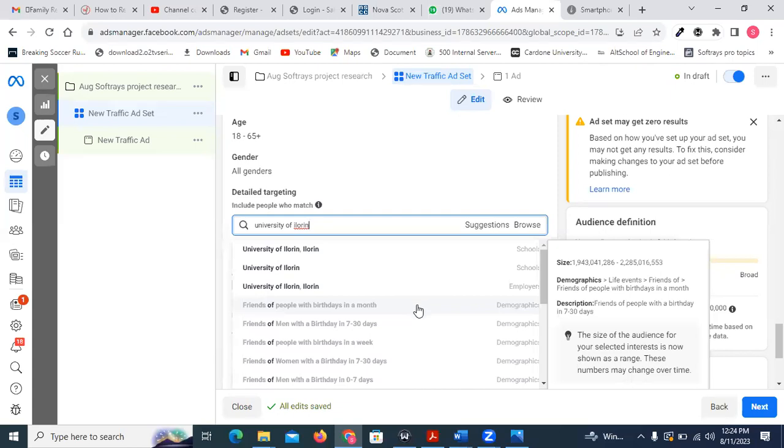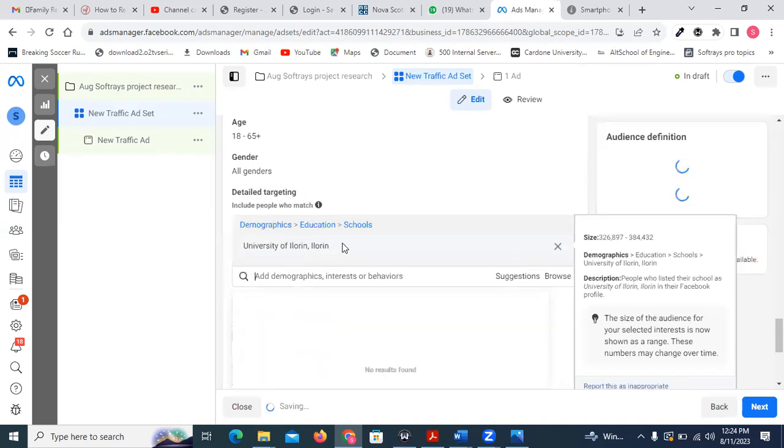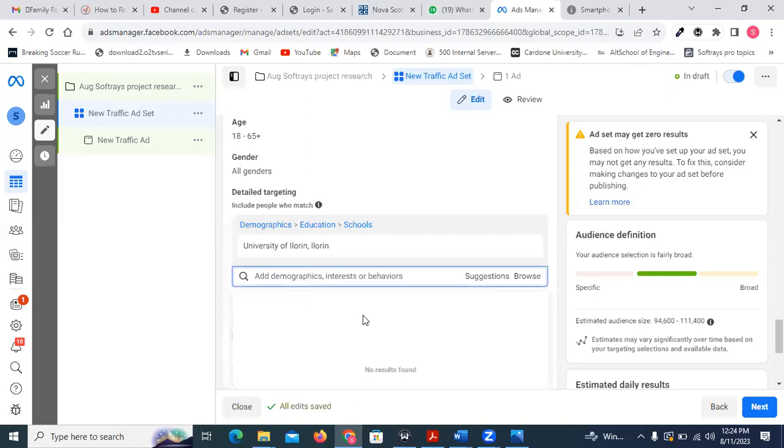Now, in that case, I will not target students, but this one now, I will target because it's research. There are some employers also, lecturers, when they see the ad, they will tell their students, I saw one ad online, these people can help you. Some of them are doing further studies, some of them are writing papers. I will choose this first, University of Ilorin. Then I will choose